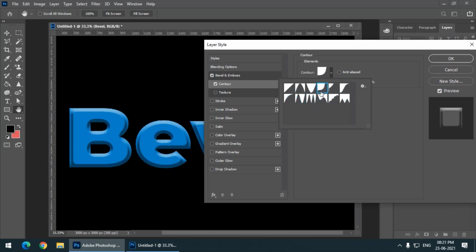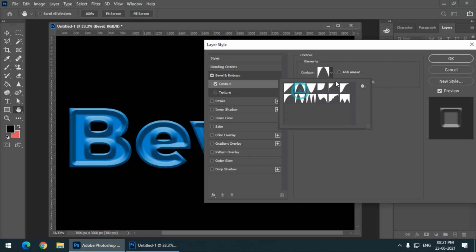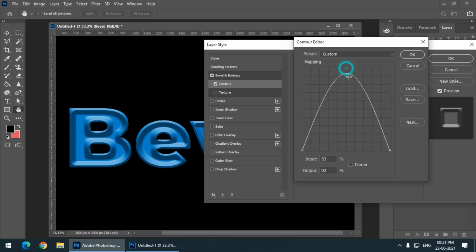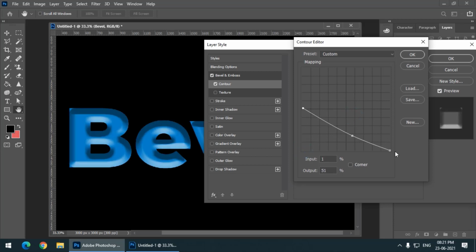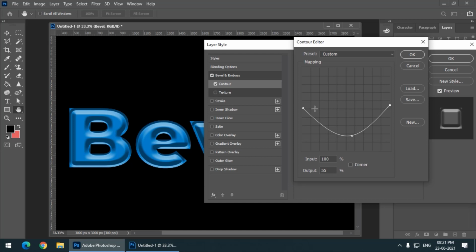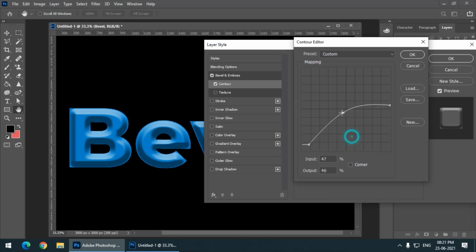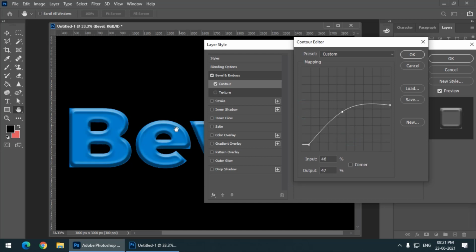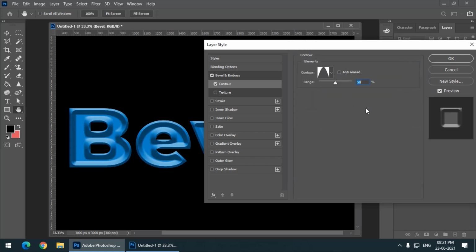You can also change them by simply clicking on top of here and changing the graph values. As you can see on the left hand side, I am getting a real-time preview. If I make any changes to the graph, it will be applied to the effect itself, but for now I'm not going to use it, but you can always try out these presets.